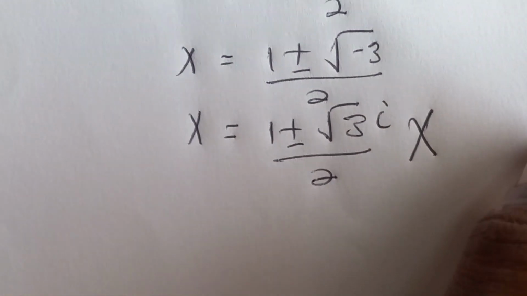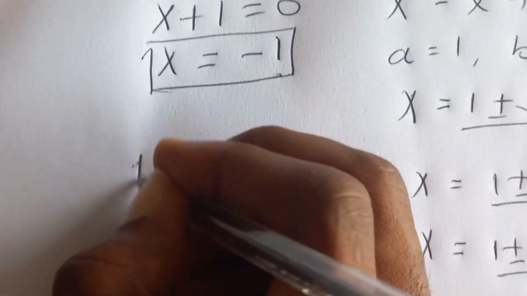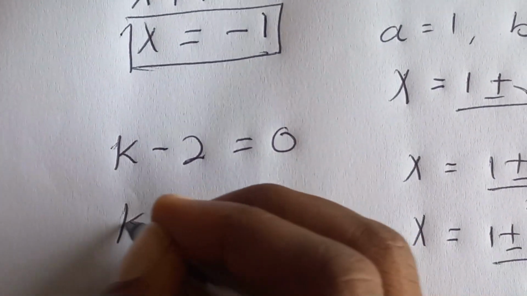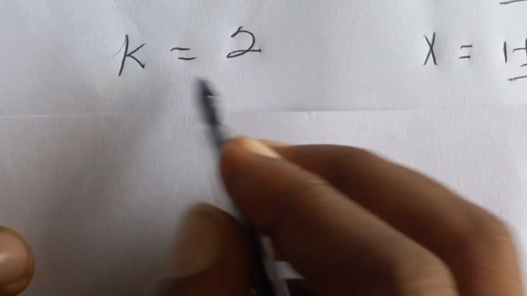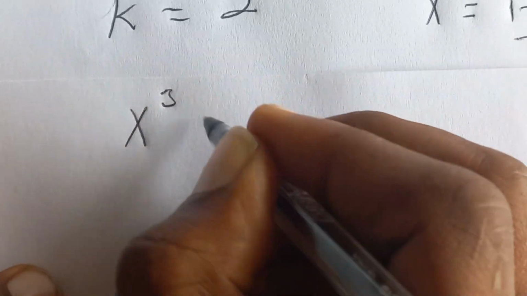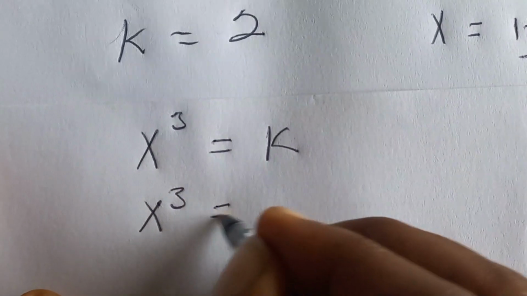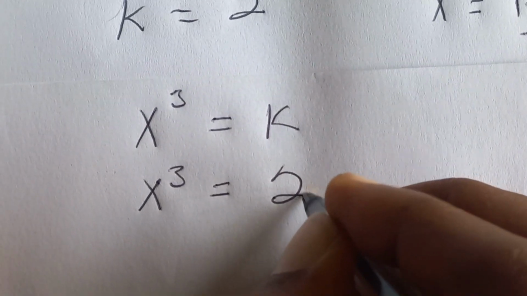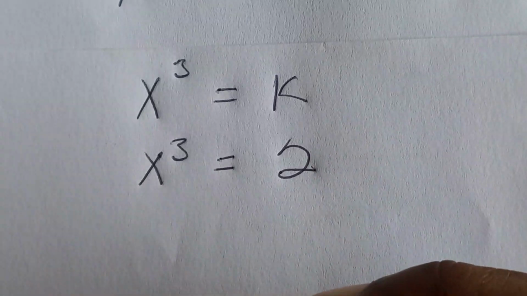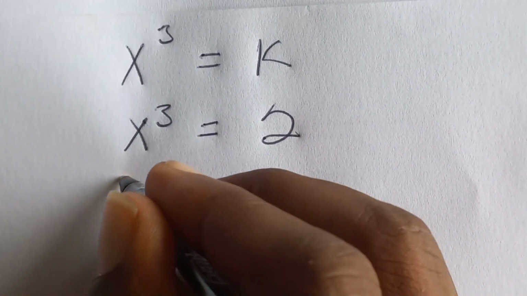Okay, now let's solve for the other side, which was k minus 2 is equal to 0. So from here, we say that k is equal to 2. And we know that our x exponent 3 is equal to k. Okay, so x exponent 3 is equal to 2. So to solve this, you can take the cubic root of both sides of the equation. So taking the cubic root of both sides,